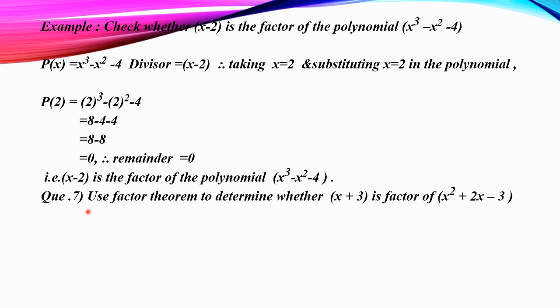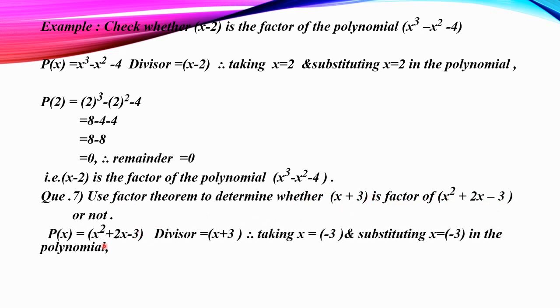Next, question number 7. Use factor theorem to determine whether x plus 3 is the factor of x square plus 2x minus 3. p(x) is equal to x square plus 2x minus 3. Here the divisor is x plus 3. Therefore, taking the opposite of plus 3 as minus 3 and substituting x equal to minus 3 in the polynomial,